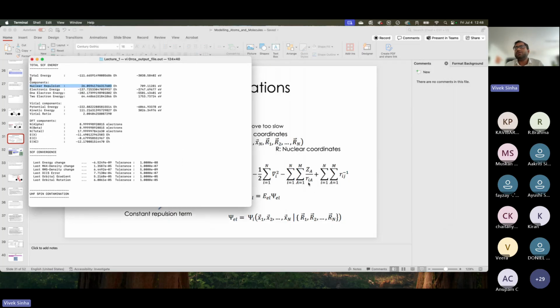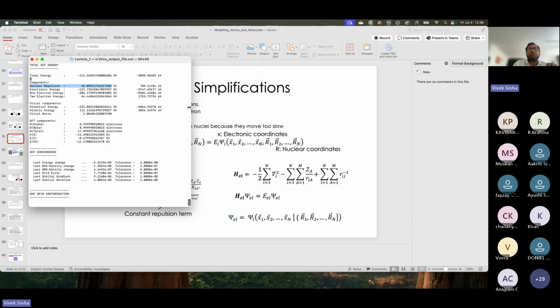It's an attractive potential. And then you have the 2 electron energy, which is positive because it's the electron-electron repulsion. And this electron-electron repulsion has given scientists headaches for years, because this is the one that becomes very difficult to deal with. So I hope you have some sort of idea onto what these equations map onto when you